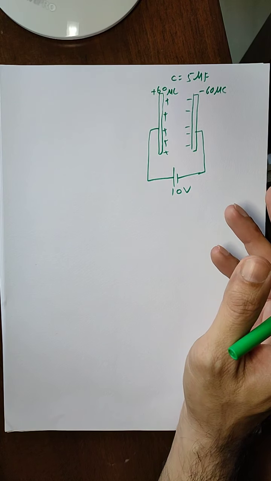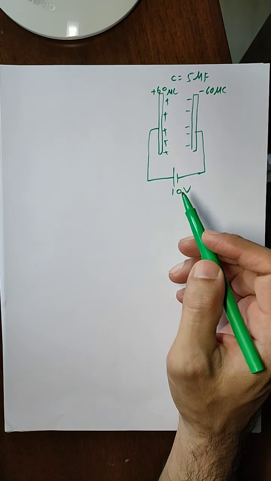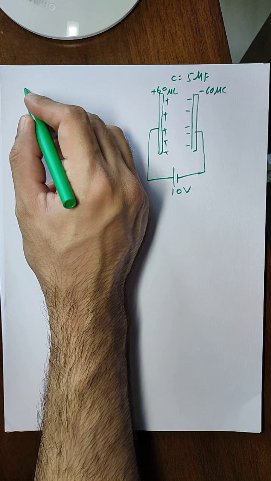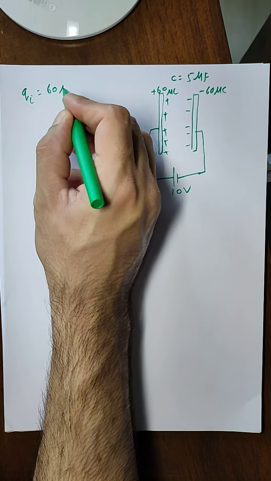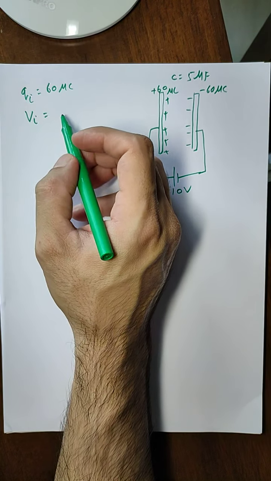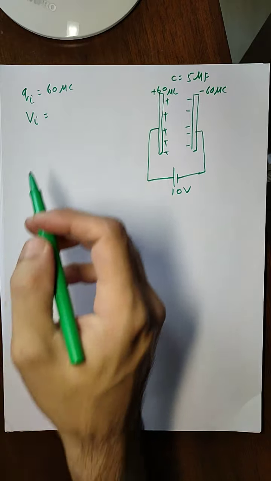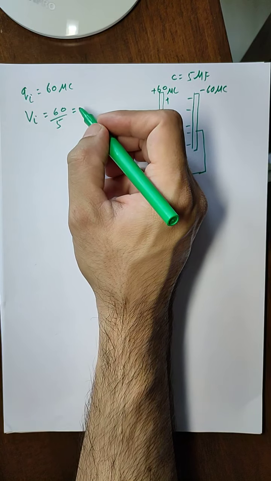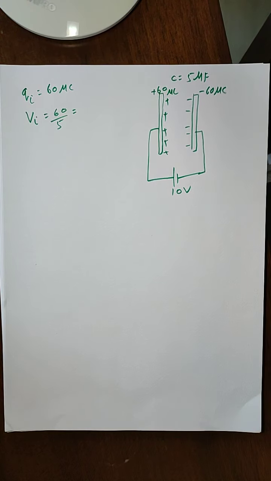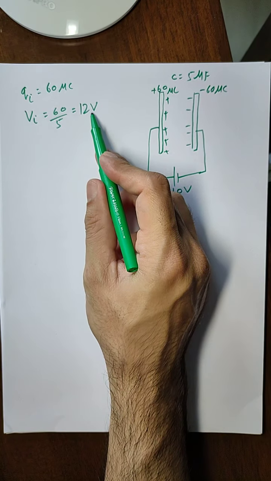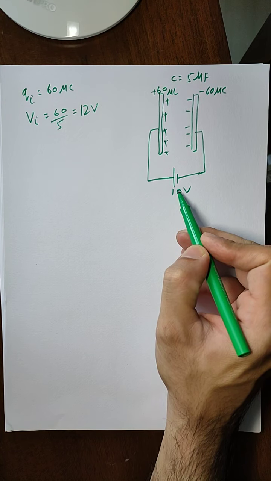So till now this question does not seem to have any peculiar thing about it, just like I said. Let us find out the initial values. Now the initial charge is 60 microcoulomb, so that means the initial potential difference can be found out by using the formula Q equals to CV. So V will be equal to Q upon C, so 60 upon 5. Now if we calculate this, we get the value which makes this question important, and this value is equal to 12 volt. Now this potential difference between plate is greater than the potential difference that is applied.